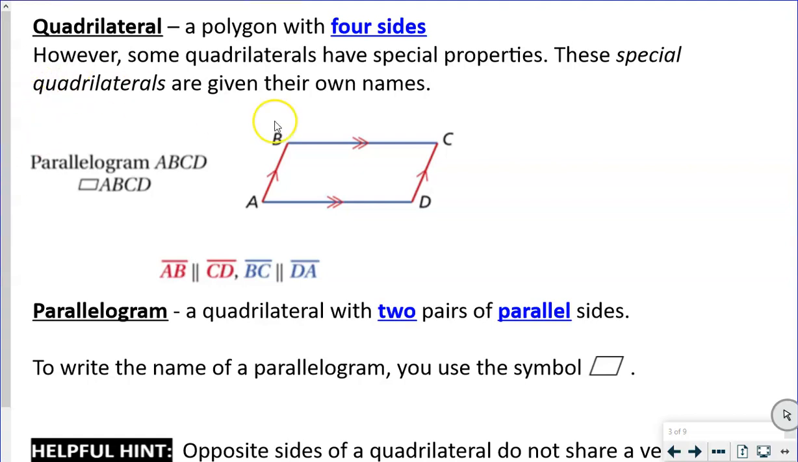Some quadrilaterals though have special properties, and these special quadrilaterals are given their own names, and we're going to talk about several of those in this unit this week I should say. So, parallelogram ABCD,